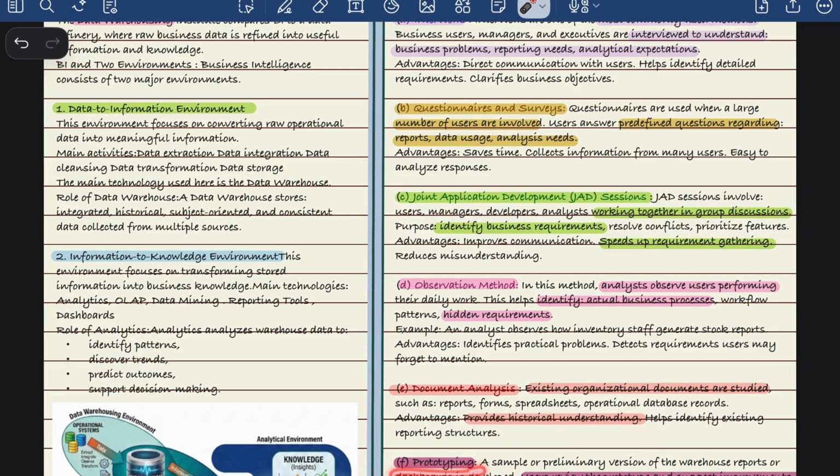And then there is prototyping, building a dummy dashboard, like building something primarily. We create a version 1.0 or 0.1, 0.2, and we keep creating versions, and then we use the user review, how they suggest improvements and if there is something we need to refine in our requirements. So this is the way in which the requirement gathering methods work.